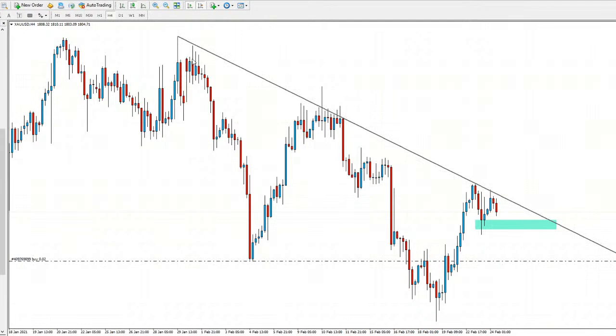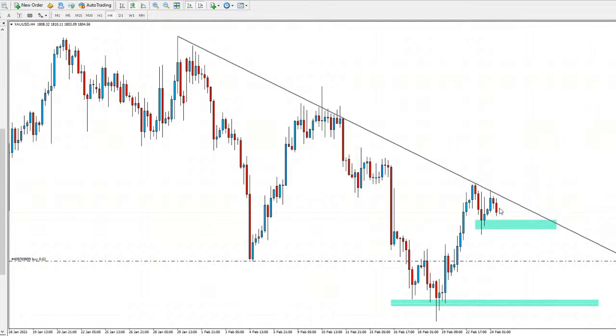So initial test there, second, looks like we're having our third test. So if the market does hold this area and we see a break of that support, I think we could be seeing a bigger move to the downside for gold, potentially even back to the lows again, back to this area here. Back to the daily support, and we do have this resistance here, previous support turned resistance, which is also affecting price there. So if we do see a break of that support, I will be getting out of my trade,